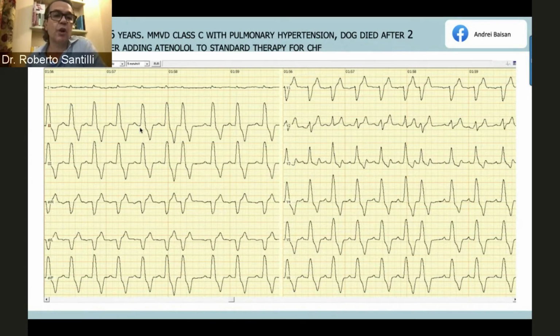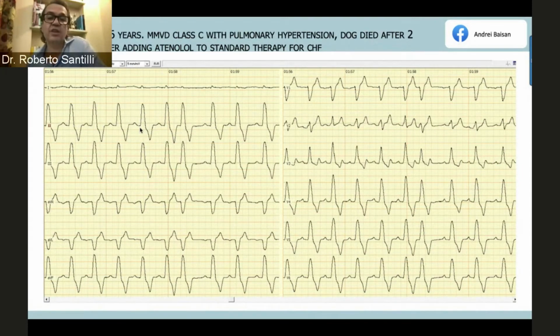So when you have a truncular block like this one, it's already an indication of a possible need of a pacemaker, because it's very likely that when you have something like that, it can go into third-degree AV block. We have several experiences. The use of beta blockers in the therapy of congestive heart failure is very controversial. There are people that want to use it. There are people that don't. In humans, it's the gold standard for treatment.